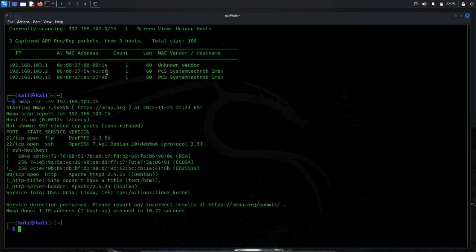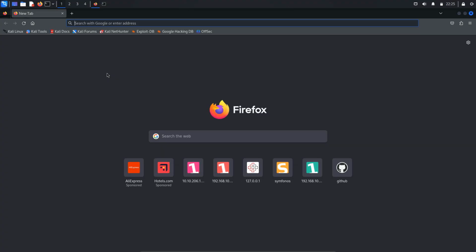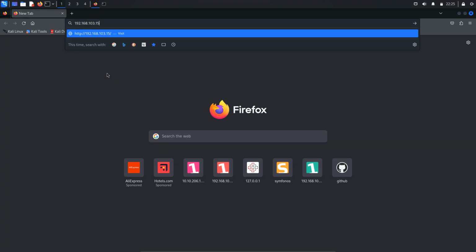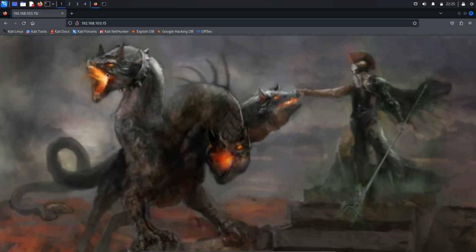To start, access the web service by entering the target's IP address directly into a web browser. The page loads with visual content depicting a scene from Greek mythology, likely centered around the figure of Cerberus. The central figure is a monstrous three-headed dog, commonly associated with guarding the underworld. Its three heads have menacing expressions and fiery eyes. A shadowy figure, likely Hades, the god of the underworld, stands beside Cerberus, holding what appears to be a spear